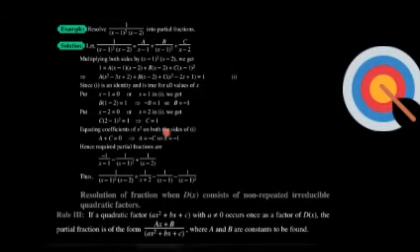Hence, upon equating the coefficients, we get a plus c is equal to 0, which means a is equal to minus c. So put the value of c, so a gives the value of minus 1. In this way, we find out all the 3 unknowns. Putting the values in the right here to get the required partial fractions. Therefore, 1 divided by x minus 1 whole square into x minus 2 is equal to 1 over x minus 2 minus 1 over x minus 1 minus 1 over x minus 1 whole square. This is the required result.